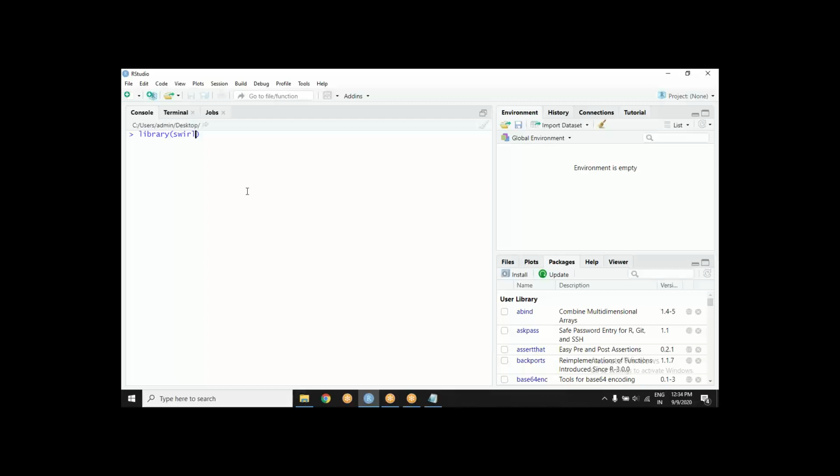So for that the function is library, and here we pick it. I would recommend that before you come to swirl, you close everything else and clean your environment. And it is telling me to type swirl as a function, along with parentheses. When we are ready to begin,